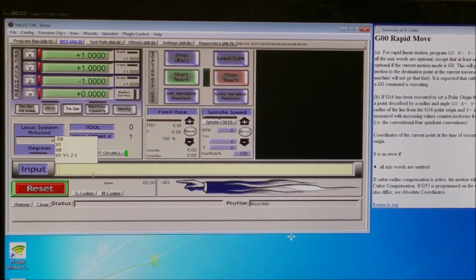And if I want to go back to all zeros, X0, Y0, Z0. I've moved everything back to exactly 0, and as you can hear, my mill moved also. Actually, you don't even need to put spaces in there. You can type